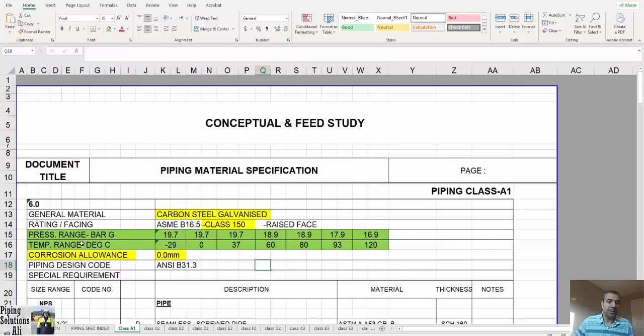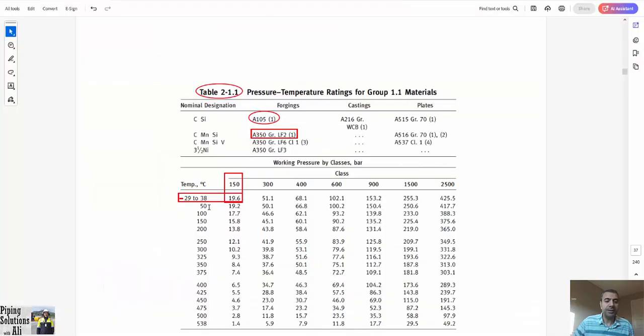For example, it is specified that at temperature -29, this class could sustain pressure equal to 19.7 bar. So, what is the reference for that range of temperature and pressure? The reference for rating of flange is ASME B16.5. And if we refer to this standard,